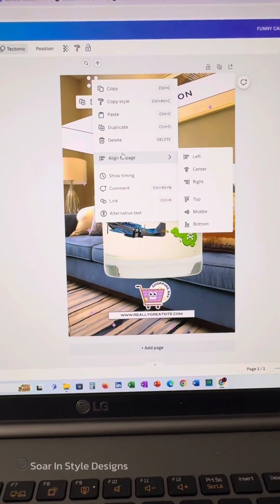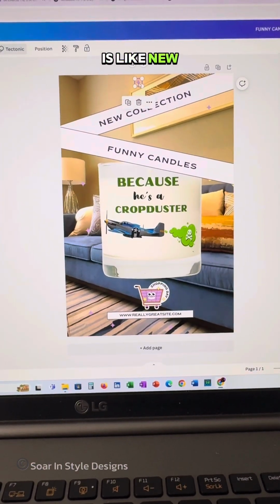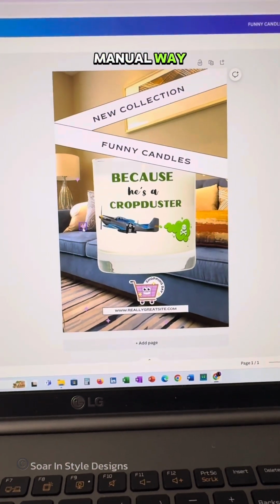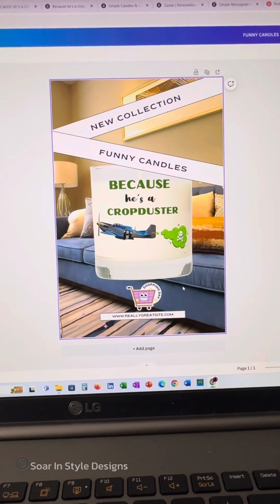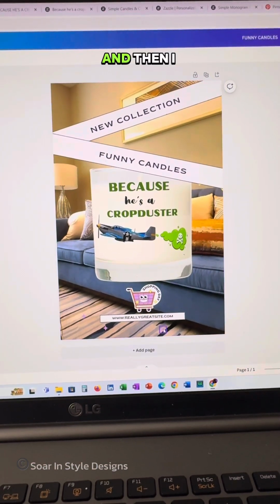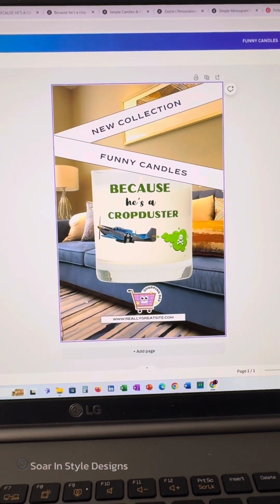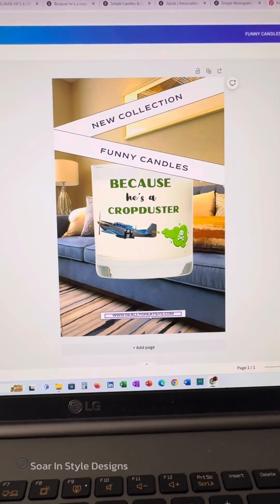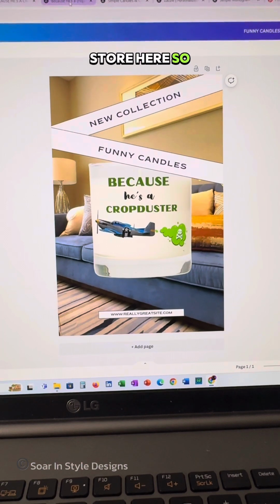Where's the layer option? The layer stuff is like new. I don't remember how to do it, so whatever. Do it the manual way. I need to get rid of these purple things. And then I think I'm gonna add some. I don't like that shopping cart. I do need to put my store here, so